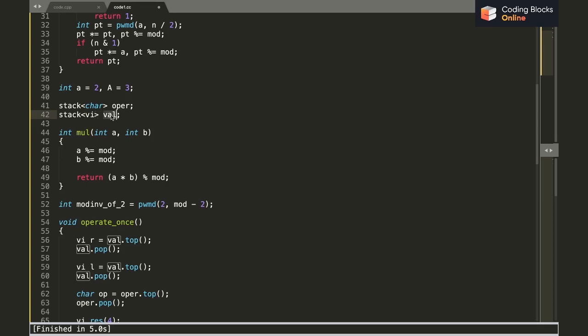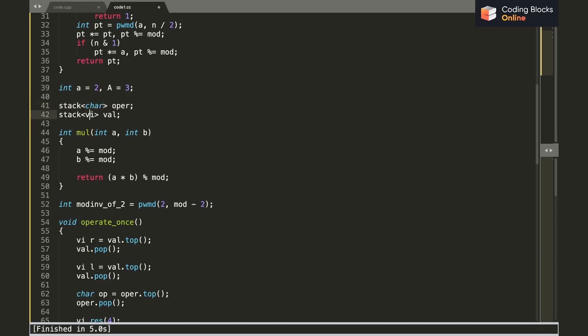That's what my val will store, because in the integer expression that I used to explain the algorithm to calculate its value, we had just integers. In that case the value of the current expression was fixed, but in this case the value can be either 0 or 1 or small a or capital A, and we'll just be storing the probabilities of the value of the expression being equal to those 4 values, because we'll need that. And the other stack is the operator stack.